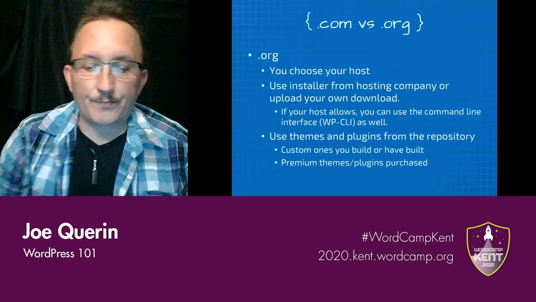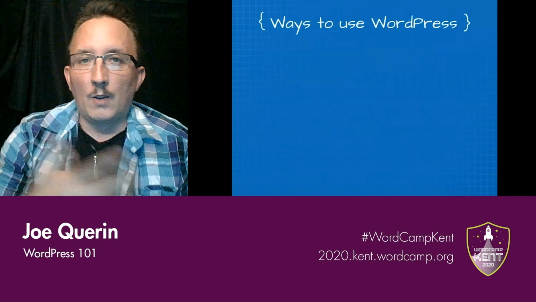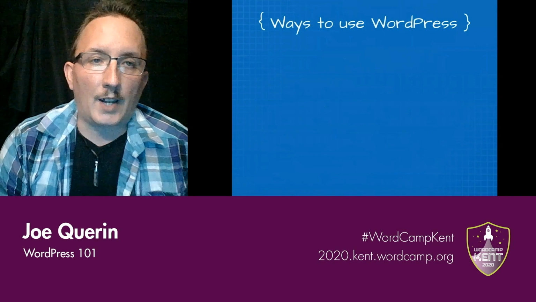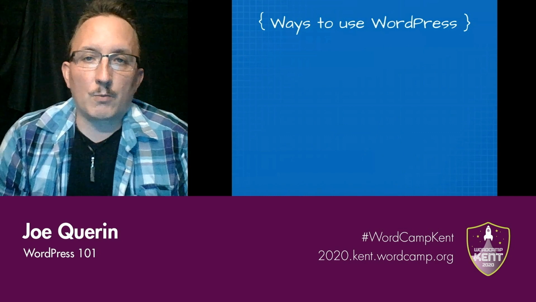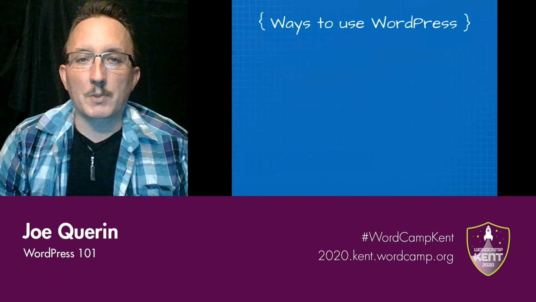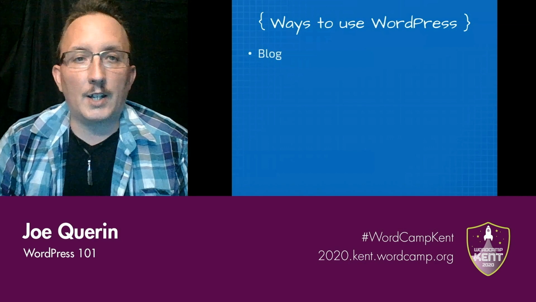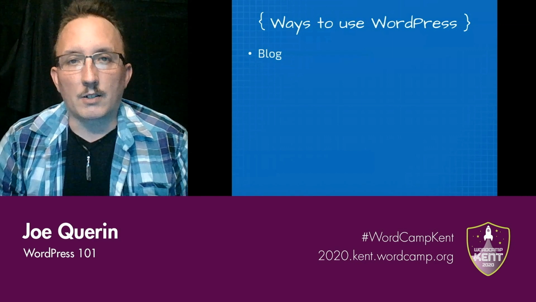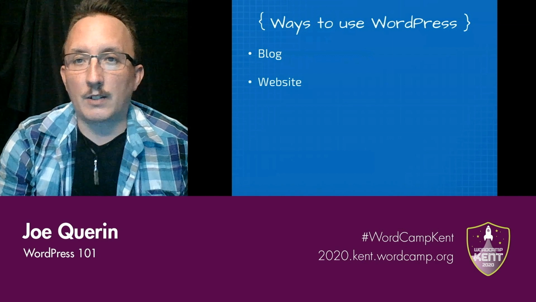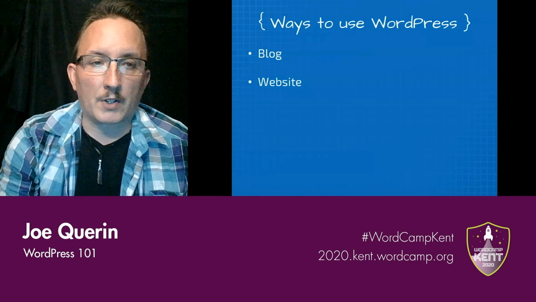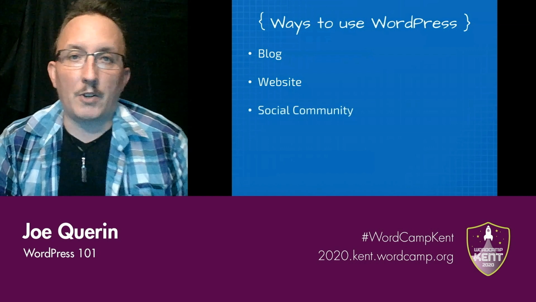with your questions. Getting back to some of the what, the why, the whens, the hows of WordPress. Well, how would we use WordPress? So what would we want to use it specifically for? Well, basically, you can use it for a lot of different things. You can use it for a blog, like it was originally intended, like it originally started out as. You can use it for a website, like I do when some of the work that I've been using WordPress in. You can also use it to build your own social community.